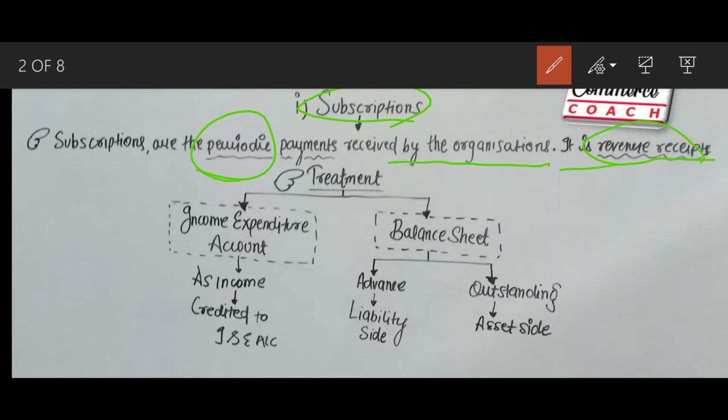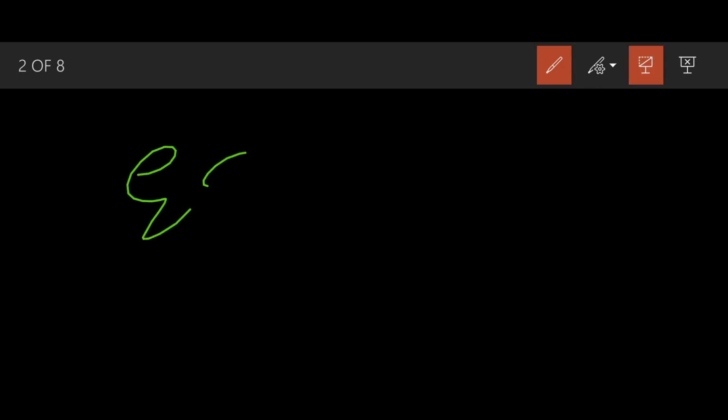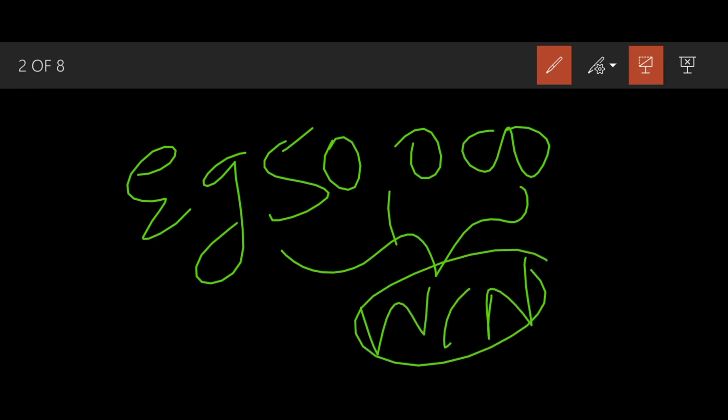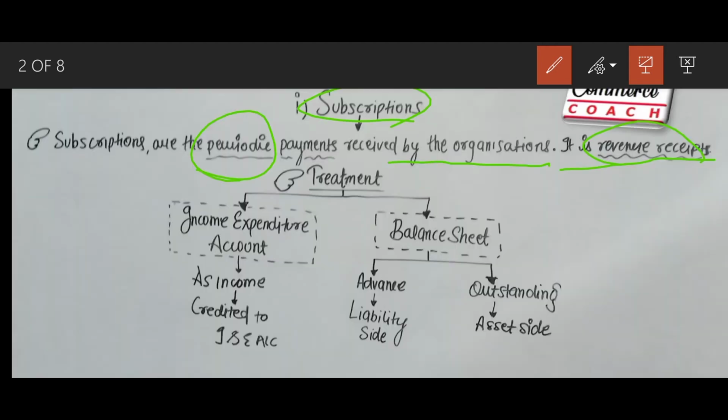If we have successfully calculated subscription, let's say as 50,000, I will tell you how to get this amount, what is the working note behind calculating this amount. But after calculating this amount, we have a treatment, or I must say, where do we show subscriptions, or where does this subscription amount reflect in the financial statements? So the amount is reflected into two statements named income and expenditure account and balance sheet, right?